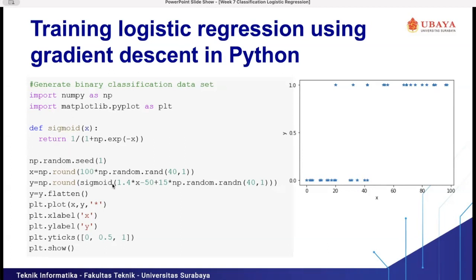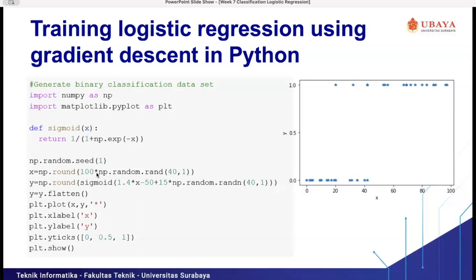And we generate the random data. The first thing is we call the seed function from np.random, seed 1, then we randomize the x values. In this case, we assume that we only have one attribute.